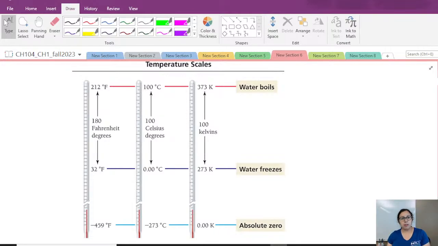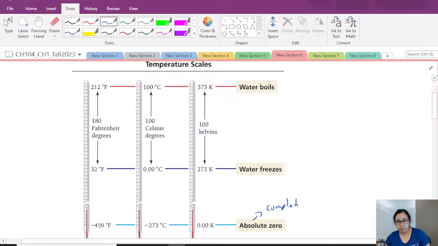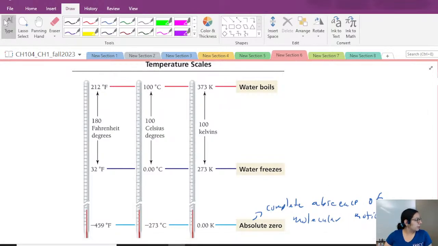So absolute zero, this is kind of a theoretical point. So this means complete absence of molecular motion. Right, so we're kind of aware